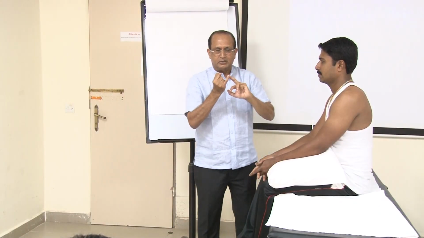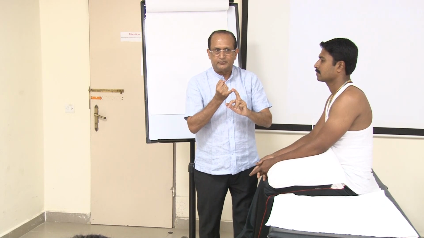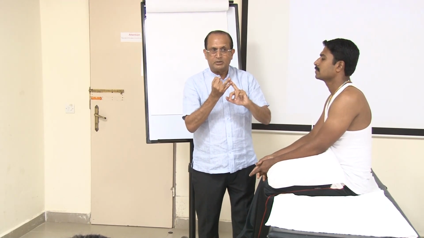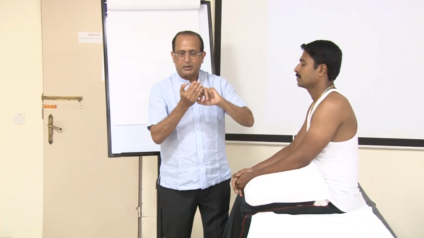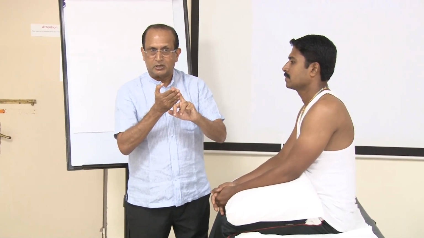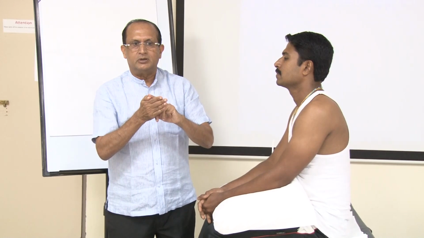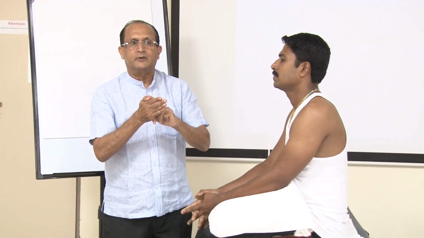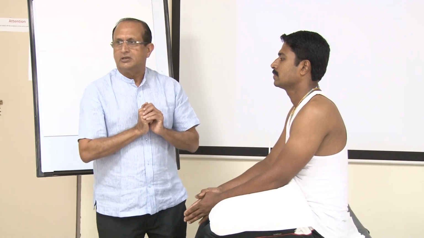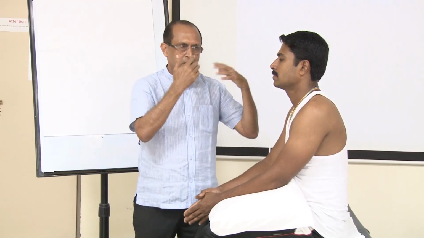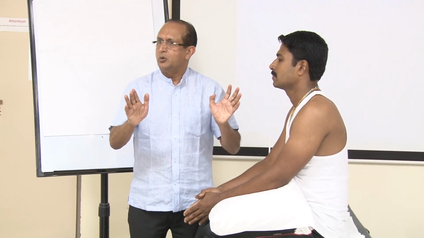So one, congenital squint occurs from childhood. Two, the eye movements will be full. He will never complain of diplopia. Primary and secondary deviations are equal, and the squinting eye will have defective vision or amblyopia. These are the 5 characteristics of the congenital squint. But in an acquired squint, definitely he will have diplopia.